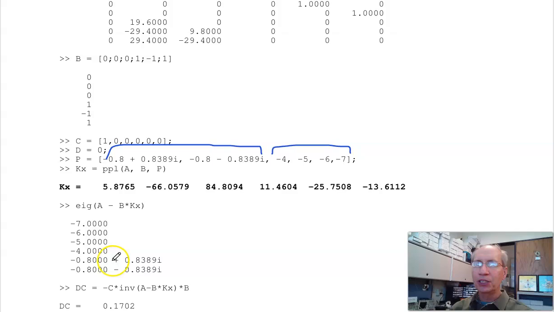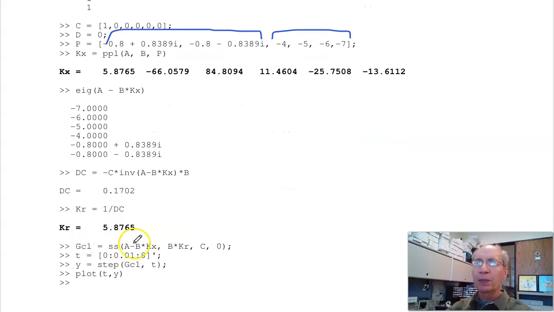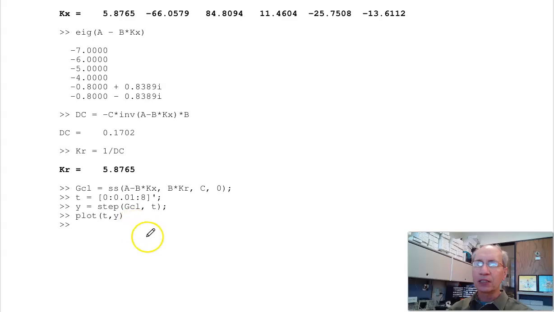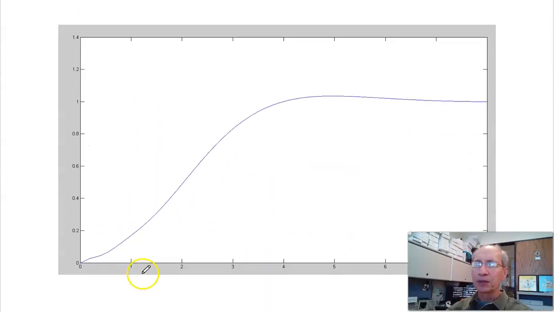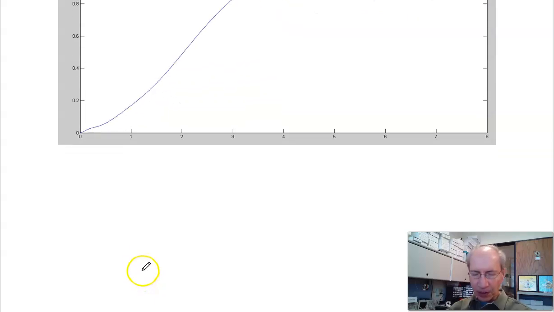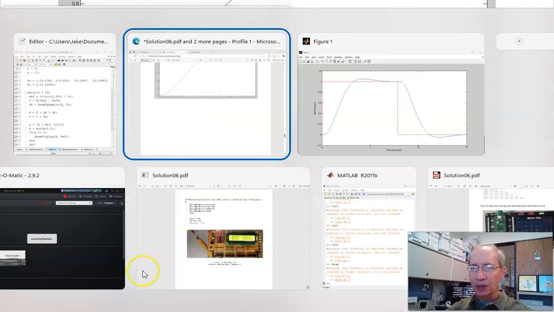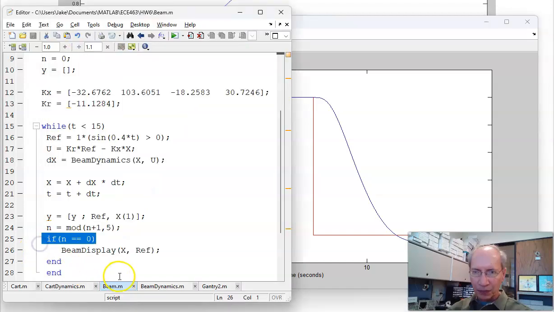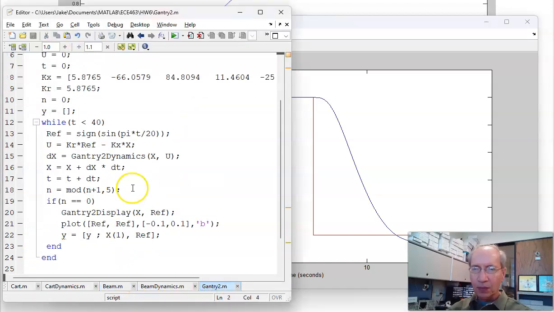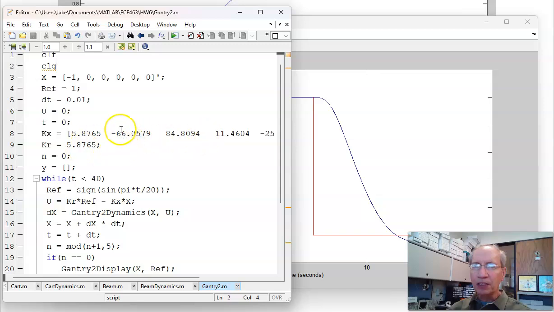Checking, it should behave the way I expect. The eigenvalues of the closed loop system are right where I put them. Pick KR to make the DC gain 1. Now when I simulate the linearized response, I get just what I expected. For the nonlinear system, go to a double pendulum. Here's my feedback gains, KR, KX. When I run that one,